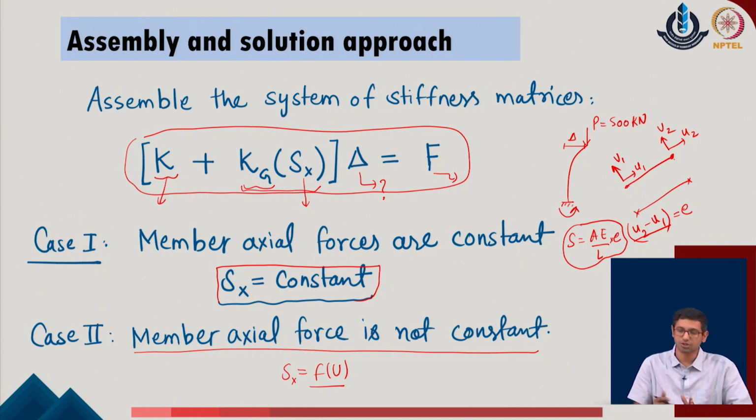So, in any of the situations where the values of u1 and u2 are continuously changing as the nonlinear analysis is being done, the value of the member force S of x will also keep on updating itself, and that is where the nonlinearity is introduced in the given problem. So, as a next case, we will see that once you have formulated an equation like this, and now the forces are changing and updating at each instance, how do we take care of it? I will try to see this problem from the perspective of the truss members, because there it becomes more evident in terms of the updated force of the given system.